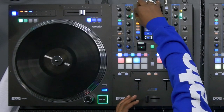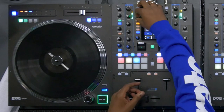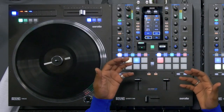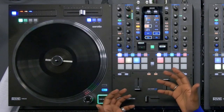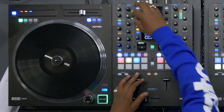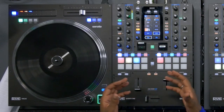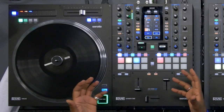And I can change that. That's 1 beat, a 1/4 of a beat, 1/8 of a beat, so on and so forth. Pretty dope, right? So I can also do that with a delay as well. So I have the delay here. Sounds very similar to the echo, but not as much of the trail off with it, right? And I can also do that with this spiral up echo as well, or spiral echo up. So pretty cool. Again, post-fader effects available for the Rane 72 using the Serato DJ Pro effects,